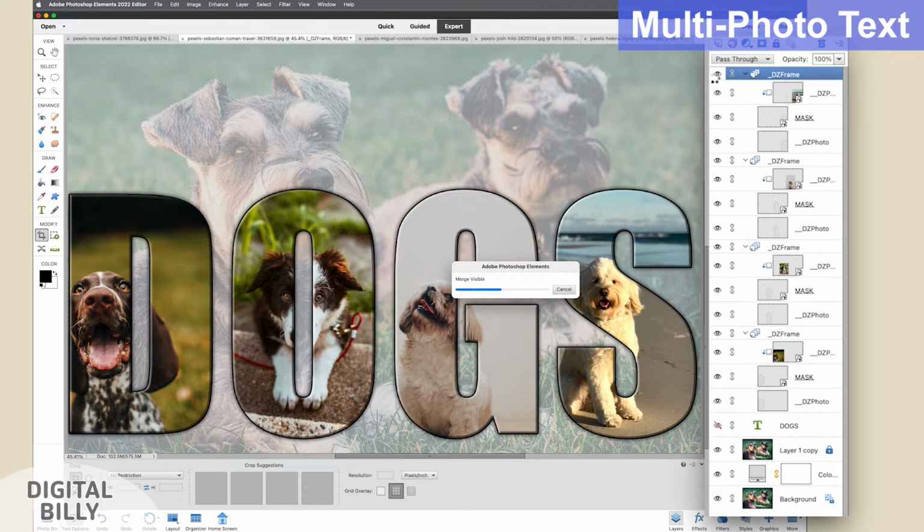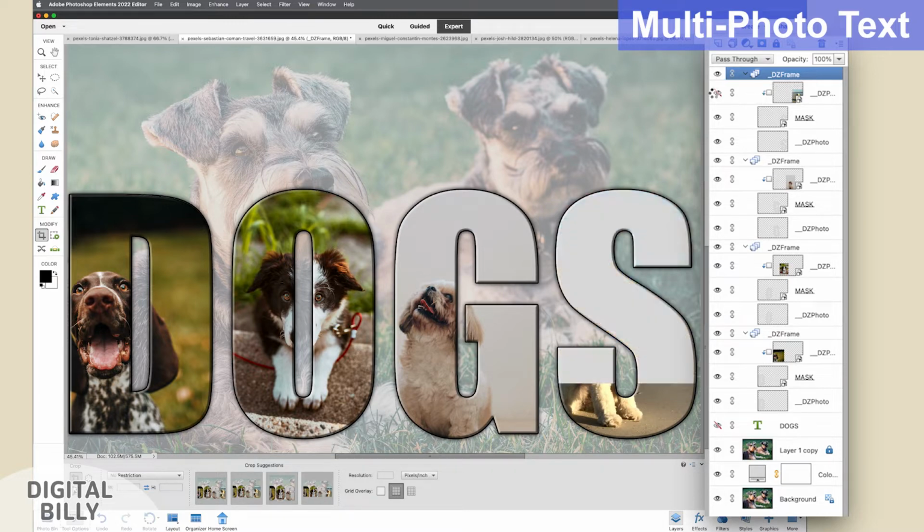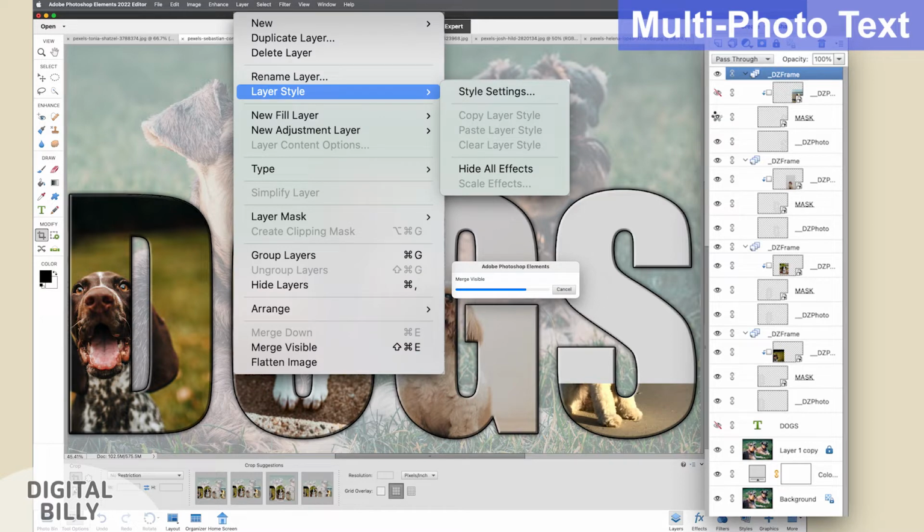Then in expert mode, you'll see a whole bunch of layers. And it's 3 layers per letter. So you think you can fully edit this complex image. But when you examine the style settings of each layer, by going to Layer, Layer Style, Style Settings, you see